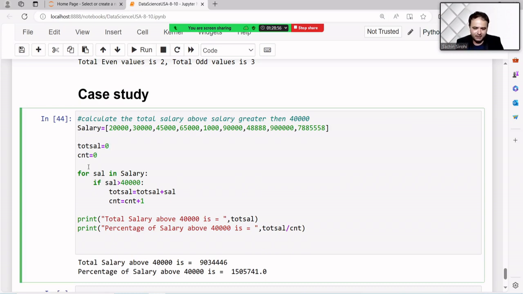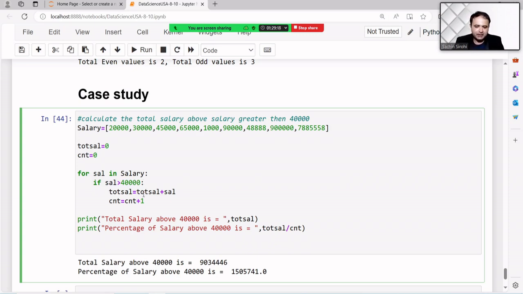It is not necessary. Firstly, I want to traverse all the salaries one by one, so that it fetches one value at a time and checks whether the value is greater than 40. If the condition becomes true, we can execute the further statement.